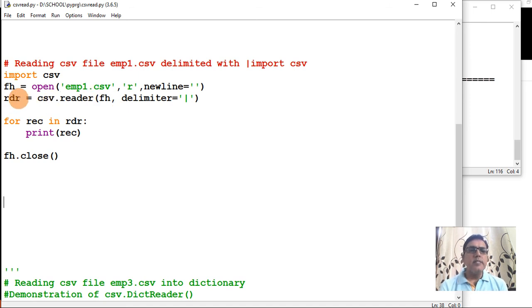The reader object rdr is equal to csv.reader, then fh, the file handle which was created in the previous statement, and I have given the delimiter also now. Earlier this argument was omitted. If this argument is omitted, it will take the default delimiter. The default delimiter is comma.